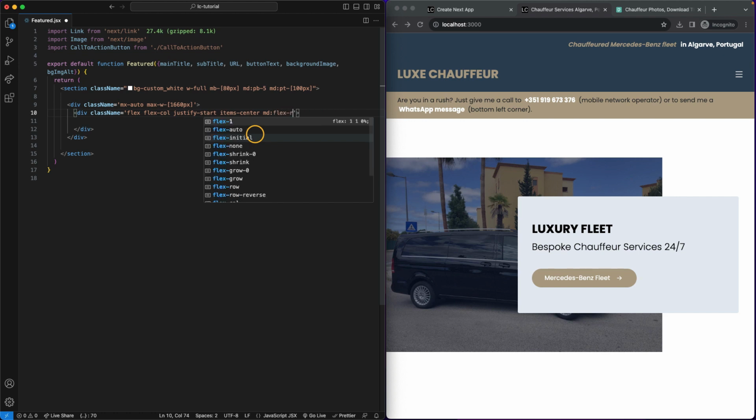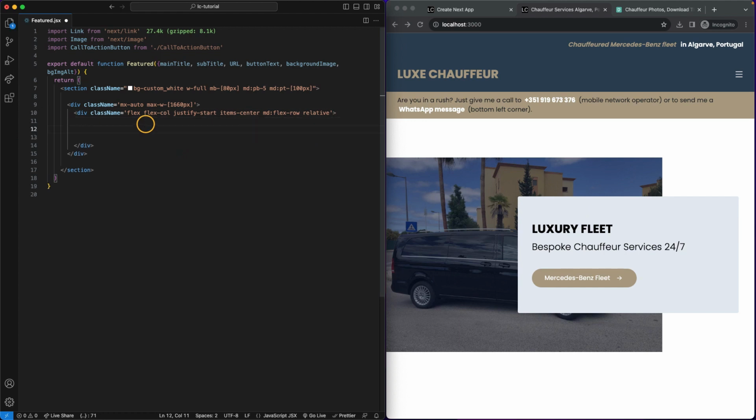So flex row on MD, so initially it starts as a column, on MD it goes as a row. That's what I'm trying to do here. And this one needs to be relative. And this relates to the positioning of the other div. Okay? So I have these two divs, and then I'm gonna need another div inside. This one will have to be absolute, I believe, because yeah, relative, absolute. Class name, absolute. So bottom 0, left 0,